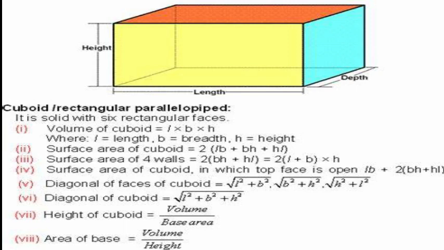But there is the longest diagonal of the cuboid: if you join one corner point to the opposite corner point on the opposite side, then you get the diagonal of the cuboid, root over L square plus B square plus H square. And the height of the cuboid can be easily obtained if you know the base area, that is length into breadth: if you divide the volume by the base area, you get the height of the cuboid. And similarly, if you want the base area, then you just need to divide the volume by its height. Now I'm going to share some images with you.